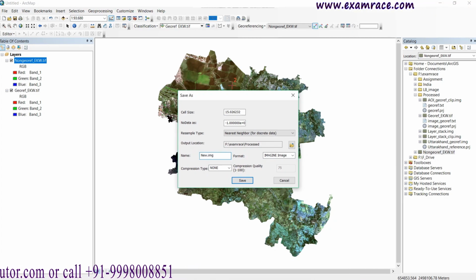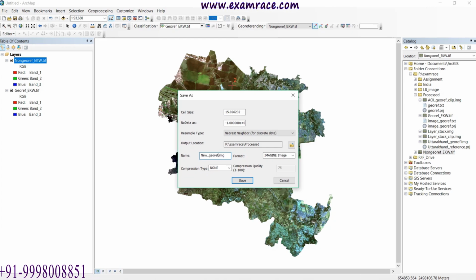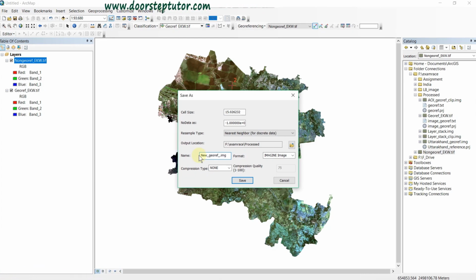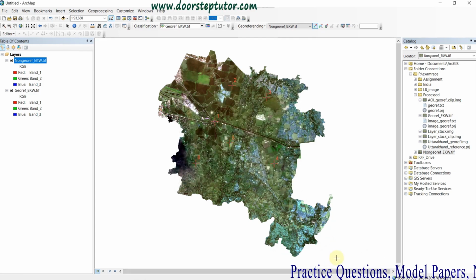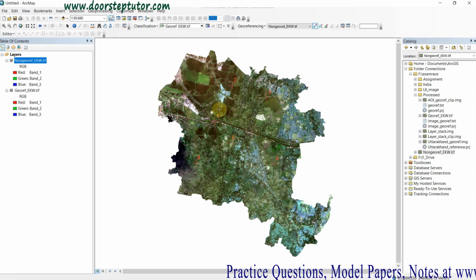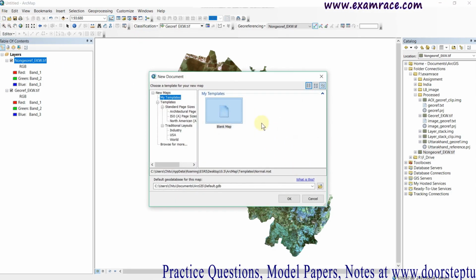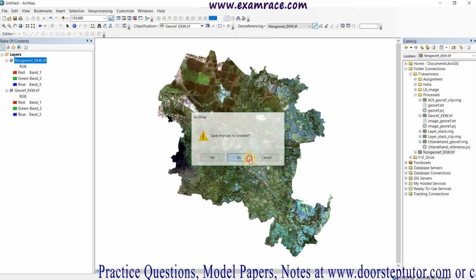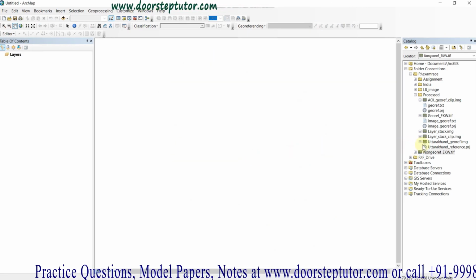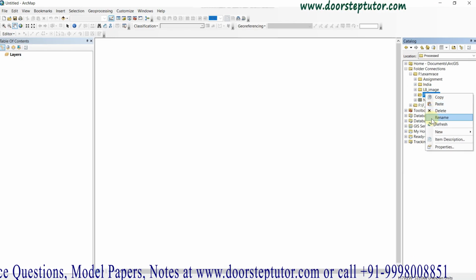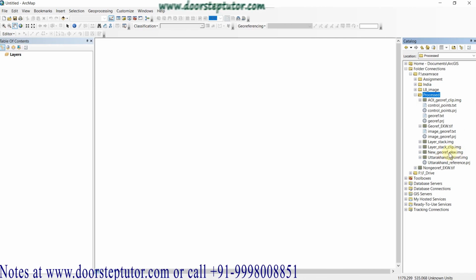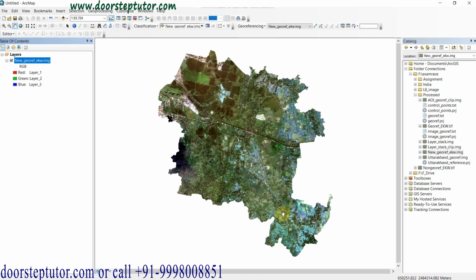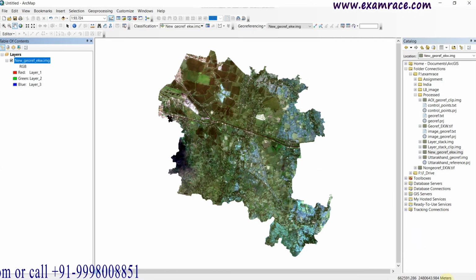new georeference. EKW is the region's name. Simply save it. Here my processing is going on and it's done. Now I'm going to open a blank map, and in the blank map I'm just doing one more refresh. Here the new georeference EKW, you can see the coordinate system in meters,